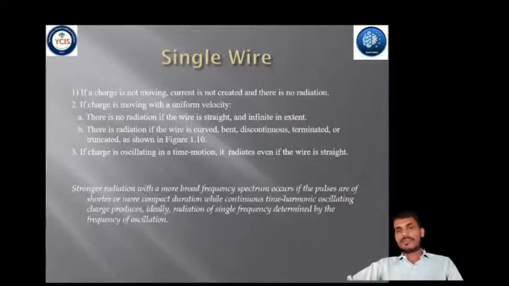If its velocity is measured in meters per second, it can be shown that the current density Jz, measured in amperes per meter square over the cross section of the wire,